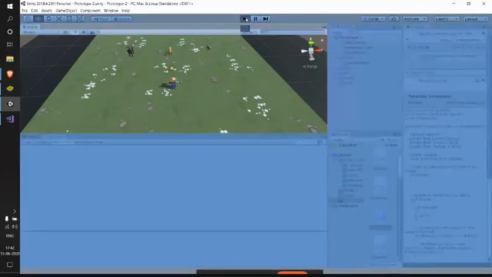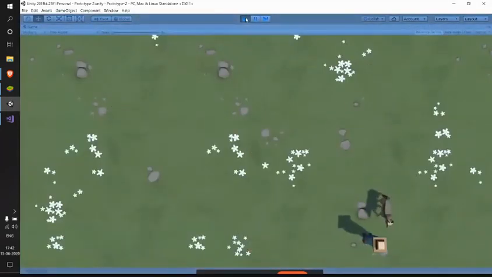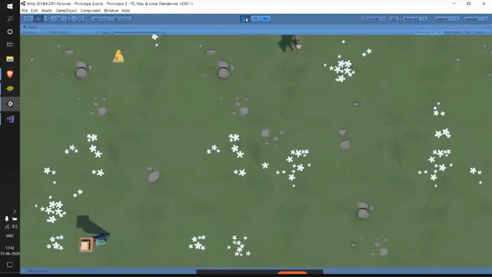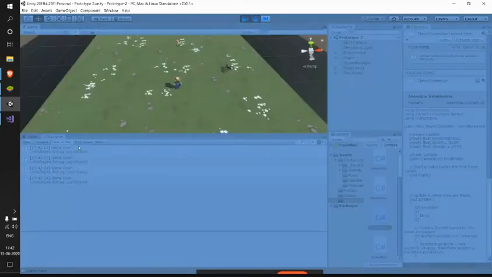Let me just run this. So let me pause this, and see, we have four messages here. That means already four animals have gone behind my player. So this is the thing.